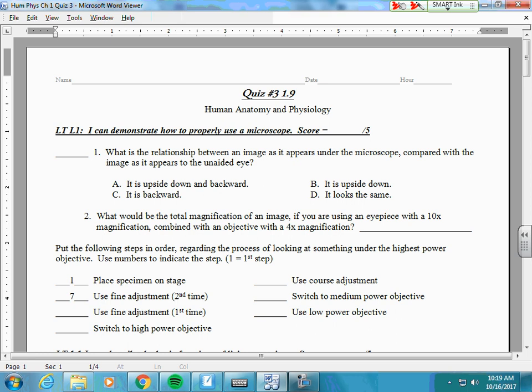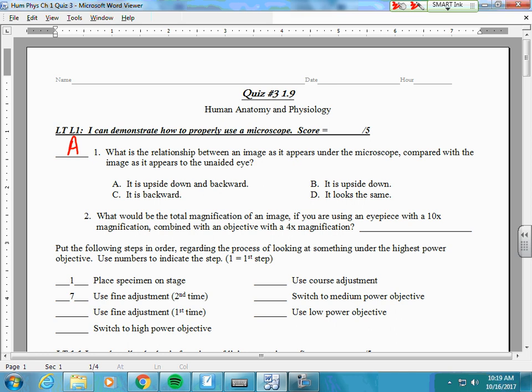But anyway, going through these questions, number one, of course, relationship between the image as it appears under the microscope compared with how you would just look at it using your eyes. You should have saw that the relationship would be A, it's upside down and backward. Now, if we're going to